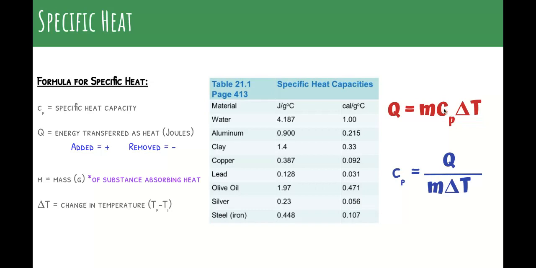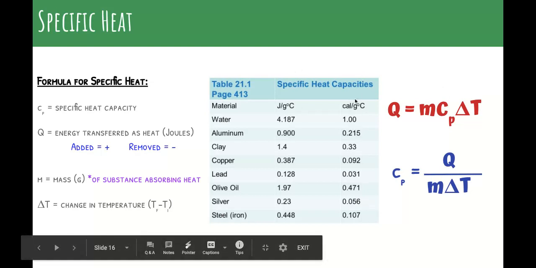The specific heat will be given to you, and then the mass needs to be in grams. Q is going to be in joules, or it could be in calories, depending on what you're talking about. So make sure that your values for the energy transferred and the specific heat match. So if you're measuring this in joules, make sure you use the specific heat value for joules, okay, not